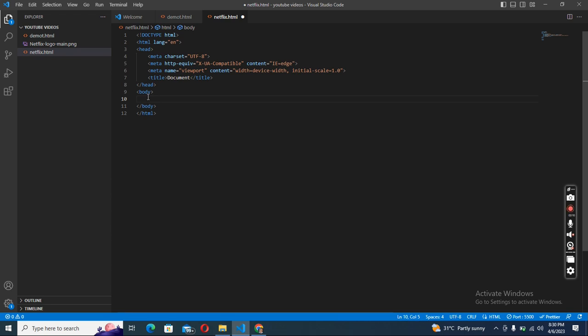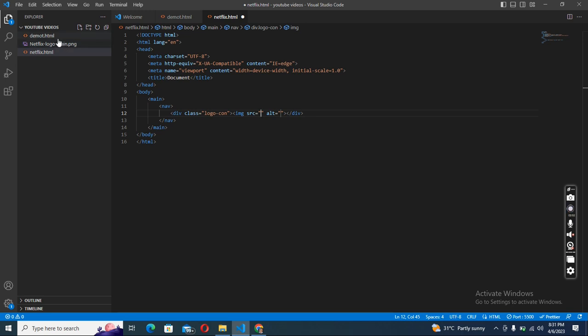What we want to do is create a main tag. For semantic sake, you want to create not just a div, but an element called main. Alright, so let's use main. Then inside this main we want to have a navigation. Inside our navigation we want to have a div for our logo. Let me say logo container. Alright, logo container. So what we need to do is to import our image,